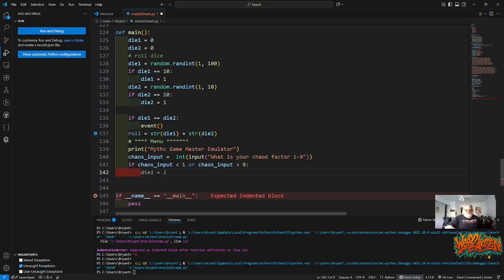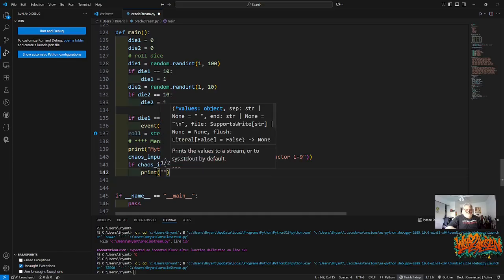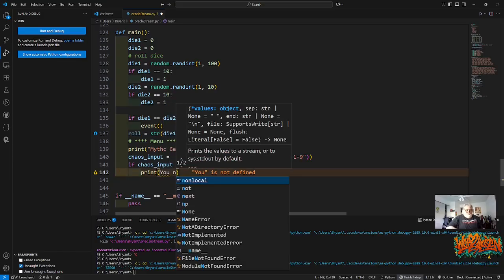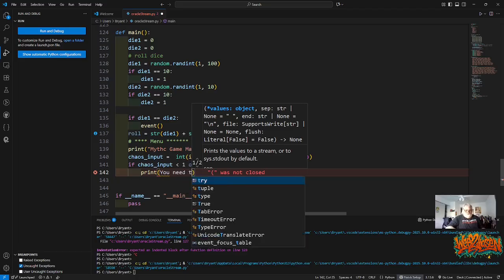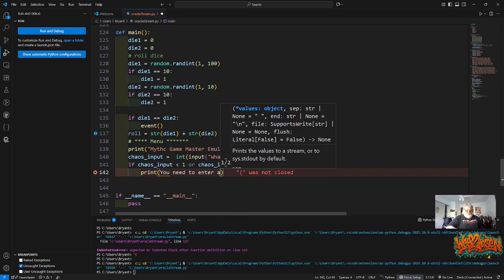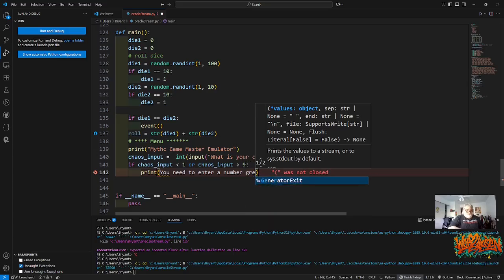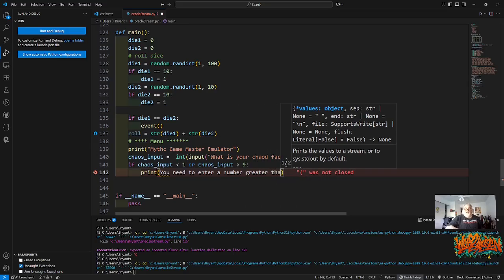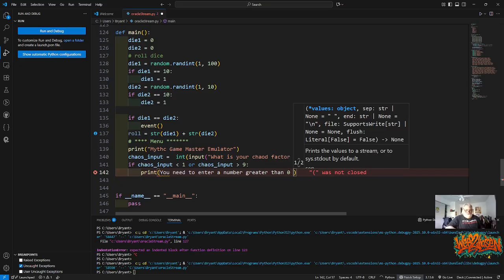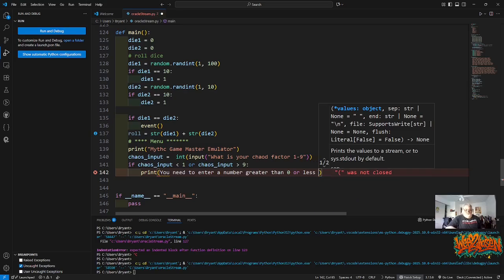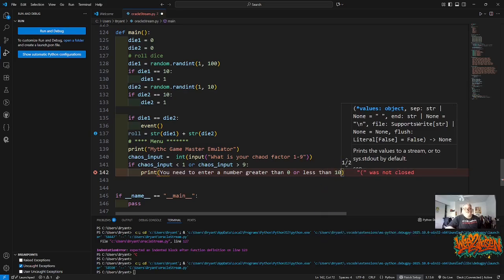We're going to print: you need to enter a number greater than 0 or less than 10. Right, so as long as they put a number in there,